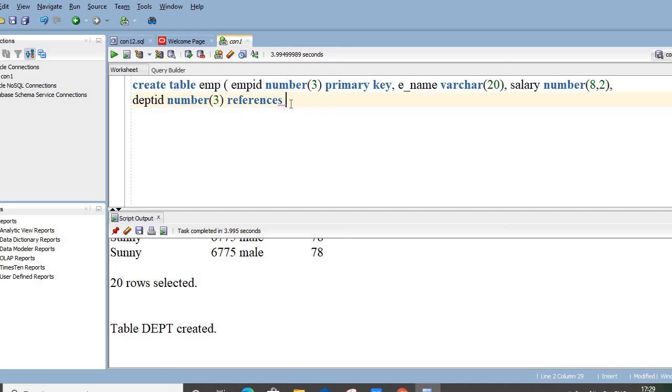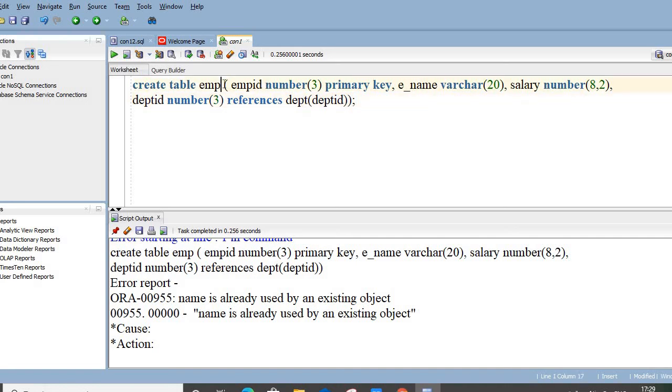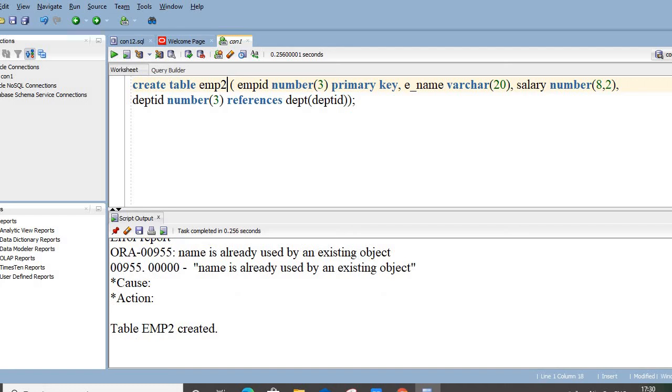Then the name of the table, that is department, and then I need to mention which particular attribute it is referencing. And then I will close this table. There is already a table named employee, so let's change it to employee 2. So it is created, and now it is referencing the department table also.